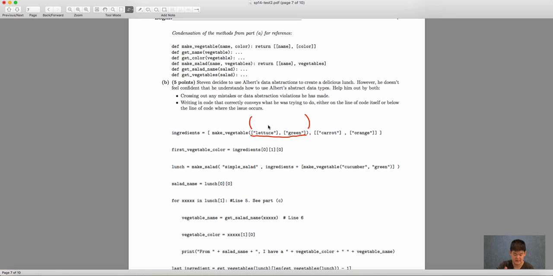The fact that he used lists breaks the abstraction already because we don't know that vegetables are lists. And that's actually what he did right here, is he broke the abstraction barrier by indexing. Because although we know that vegetables are a list inside of a list, the whole point of data abstraction is that Stephen doesn't need to know that. So to fix this, we have to